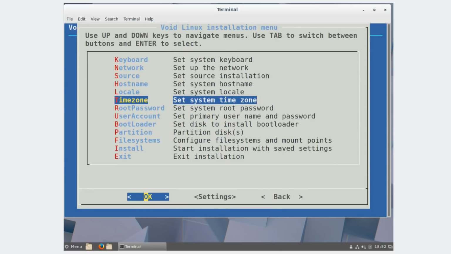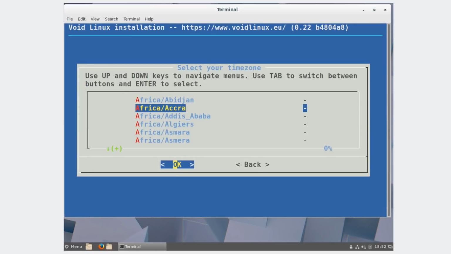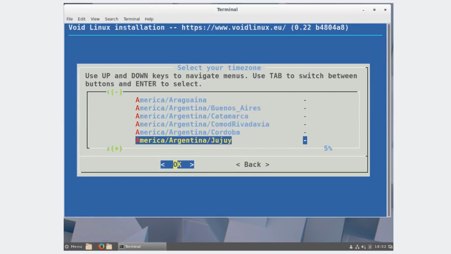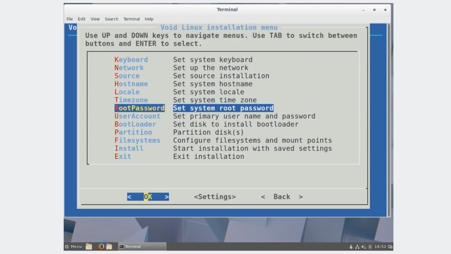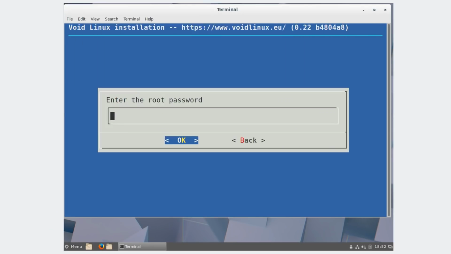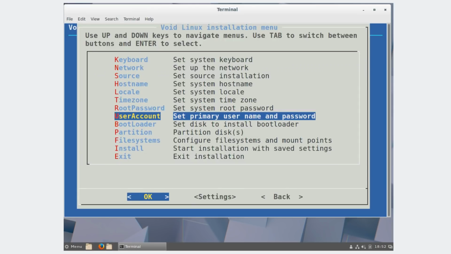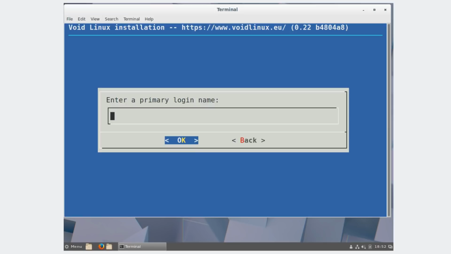Do that. Time zone, just pick your time zone. I'm just going to pick any time zone. Yeah, sure. Root password, do that. User account, login name, Dorian. Password,